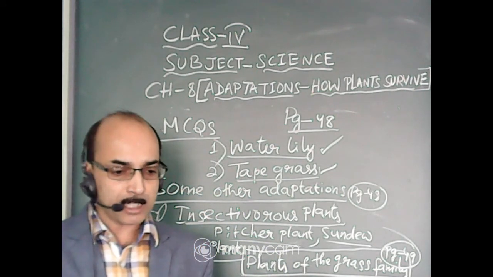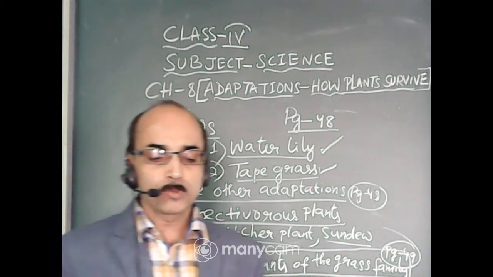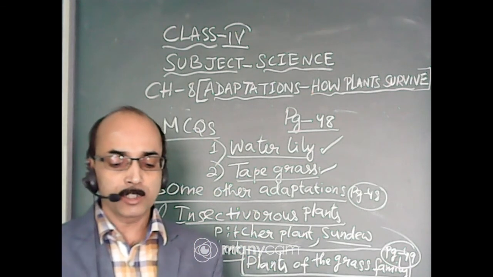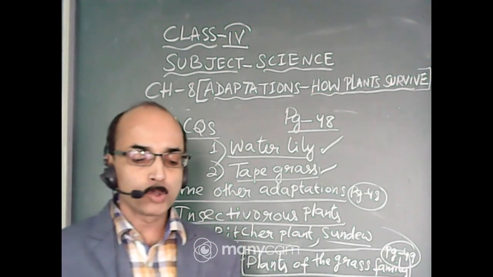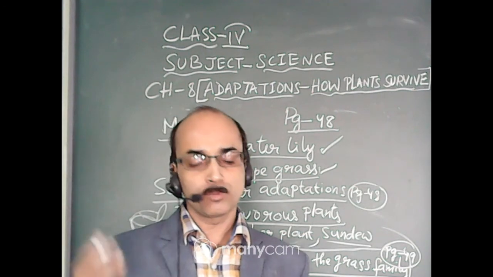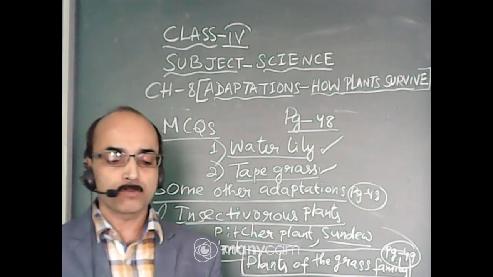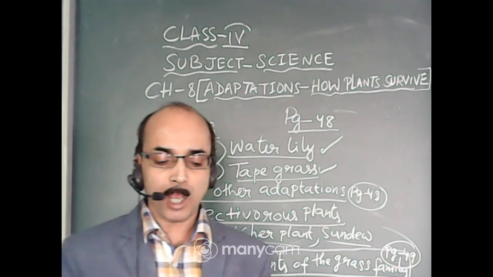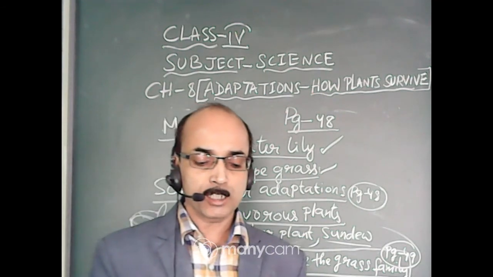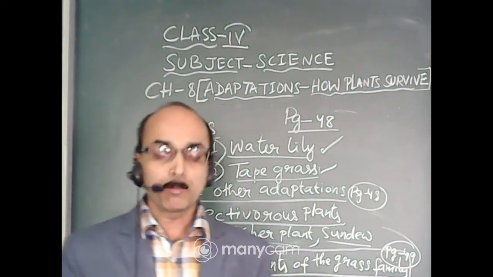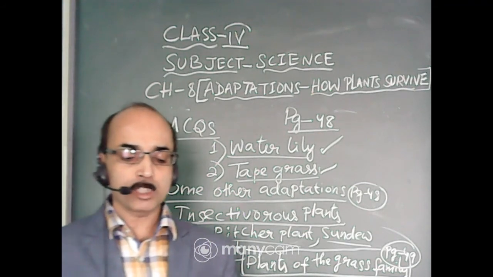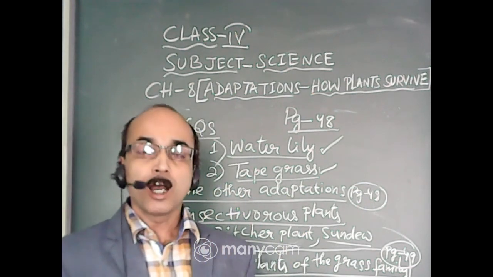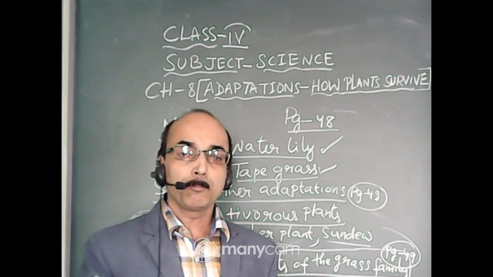Many plants of the grass family are useful to us in many ways. Number one, plants like wheat, rice and jowar provide cereals to humans and animals. Number two, we get sugar from sugarcane plant. Number three, bamboo plant is used for making brooms, baskets, mats, etc. Bamboo shoots having high nutritional value are used to prepare dishes in many parts of India. Number four, a grass called papyrus was used in early times in Egypt to make paper.